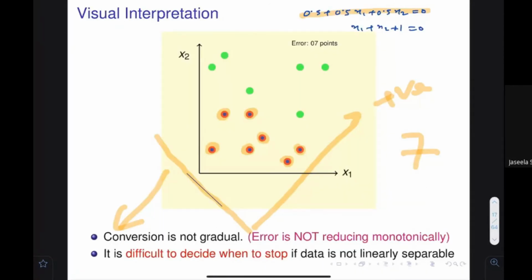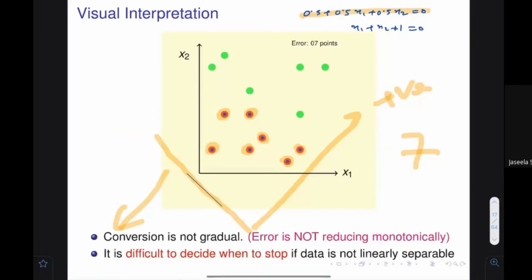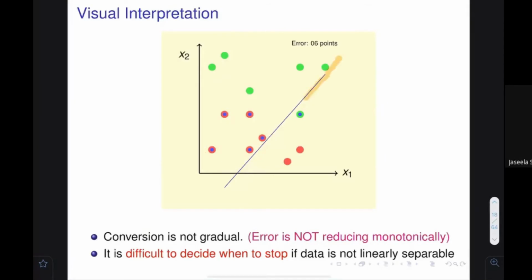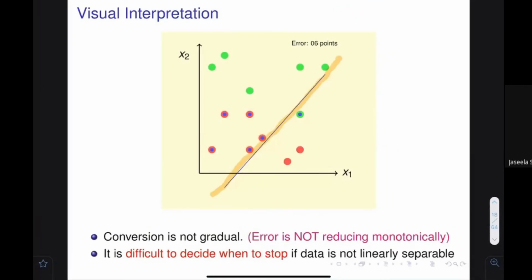Understood? Yes? Okay. Now I'm going to tell you that you are going to use these points to modify this value, and now a new value is given to you, 0.36. If you modify this, then this would be the new equation. Can you see this? What is the equation of this line? You can construct it using the table, because it is given in the table. So this is what the line is now.